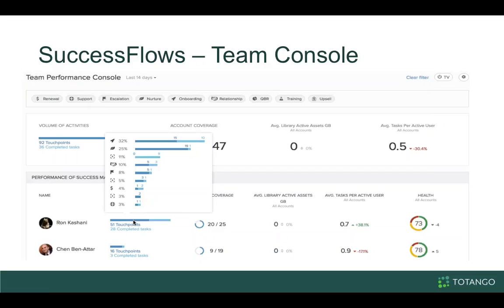their coverage, their account coverage, you can see a distribution of the particular success flows or the types of engagements that they're having. So you can really see what your team is spending their time on, and do we need to adjust something so that we have more time to focus on the more meaty and meaningful activities with a customer. In this particular case, it looks like Ron is spending over 32% of his time in onboarding activities,